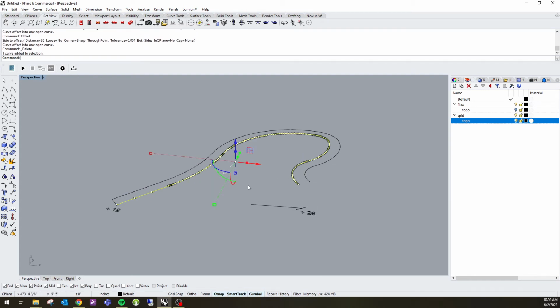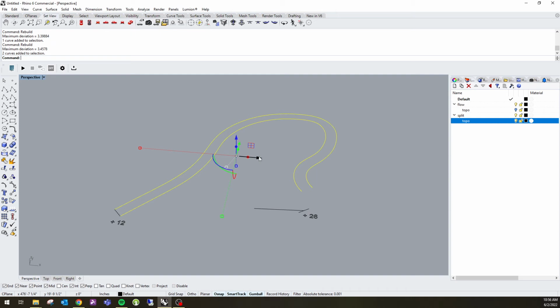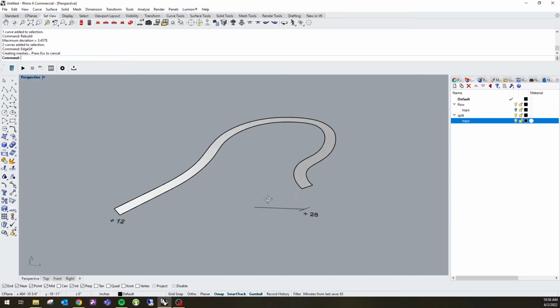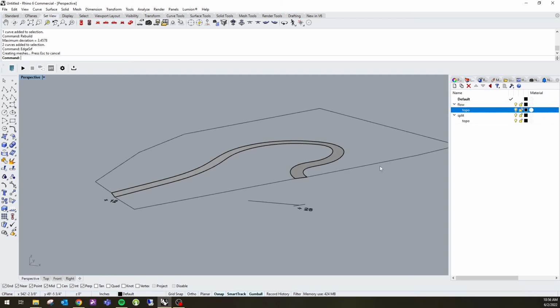And there's a lot of control points, so I'm going to do rebuild to simplify those a little bit. And then you can just do edge surf to make a surface between these two lines, and then you're done. And if you want to connect this to the topography, you can just do patch and